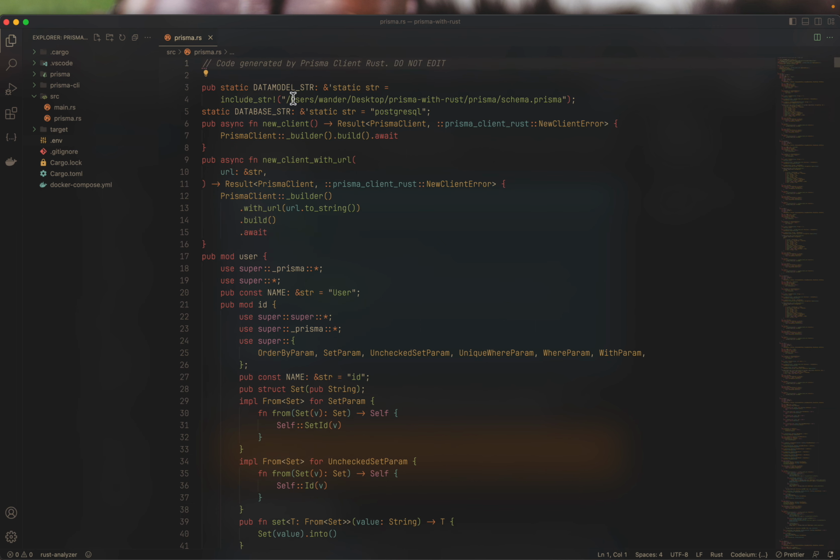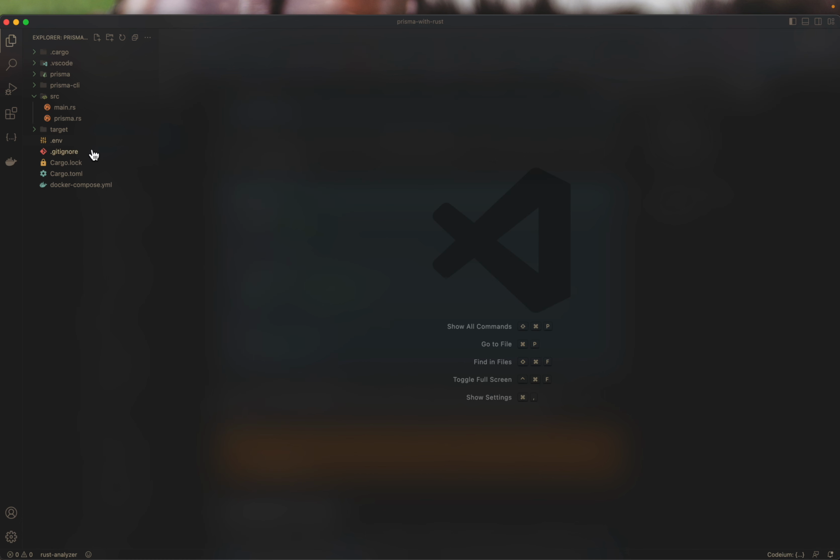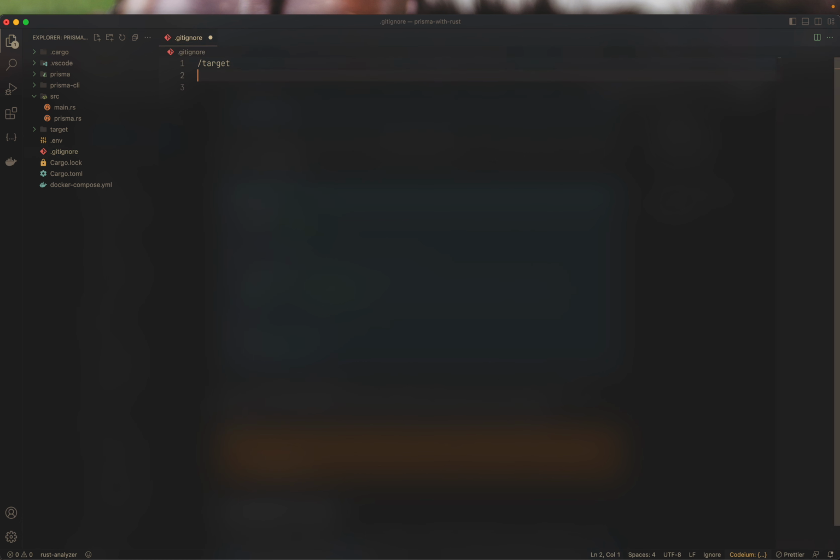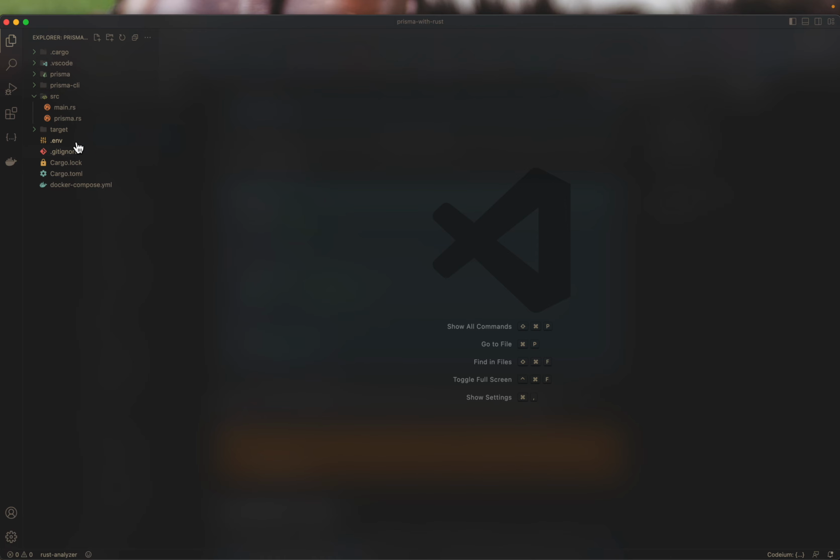And also, since you can actually see my entire path here, well, not that it is important or anything, because I'm currently creating this out of my desktop. But this should be within your git ignore file. So here in your git ignore file, you should ignore your .env, and you should ignore your prisma.rs file, or more like